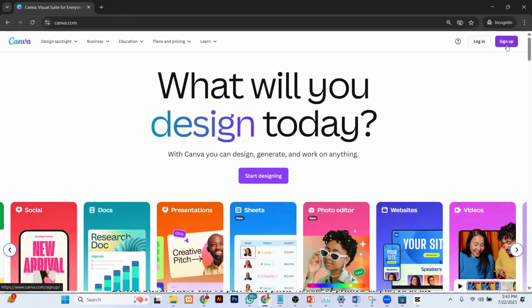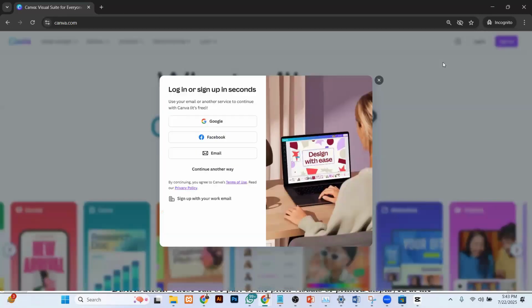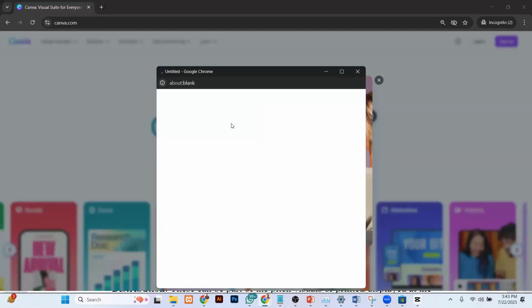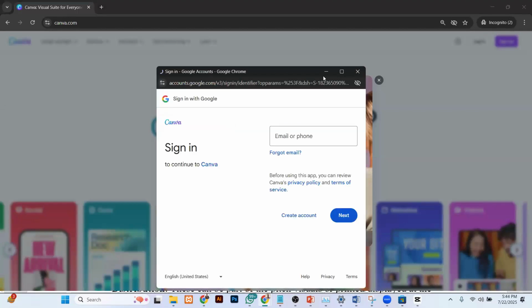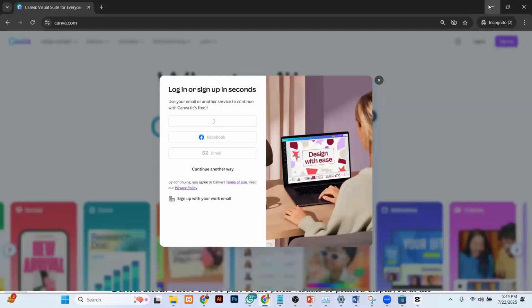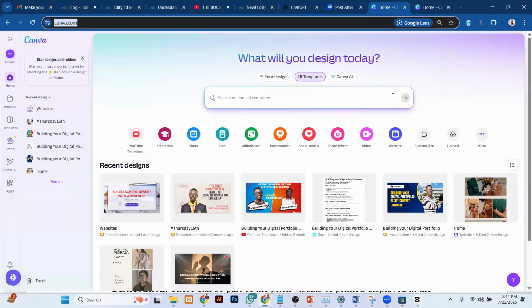For the very first time, you'll consider signing up, and signing up means you're creating an account that you will develop either using your Google account if you're already logged in, or using Facebook and so forth. So that's how you begin with Canva. Navigate to canva.com, then sign up, create an account. So once you've logged in,